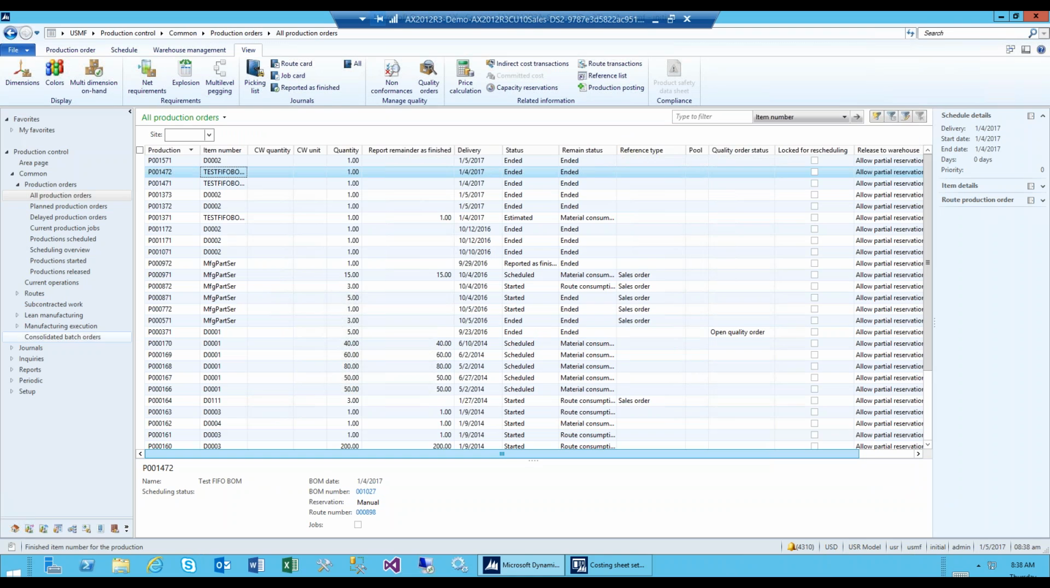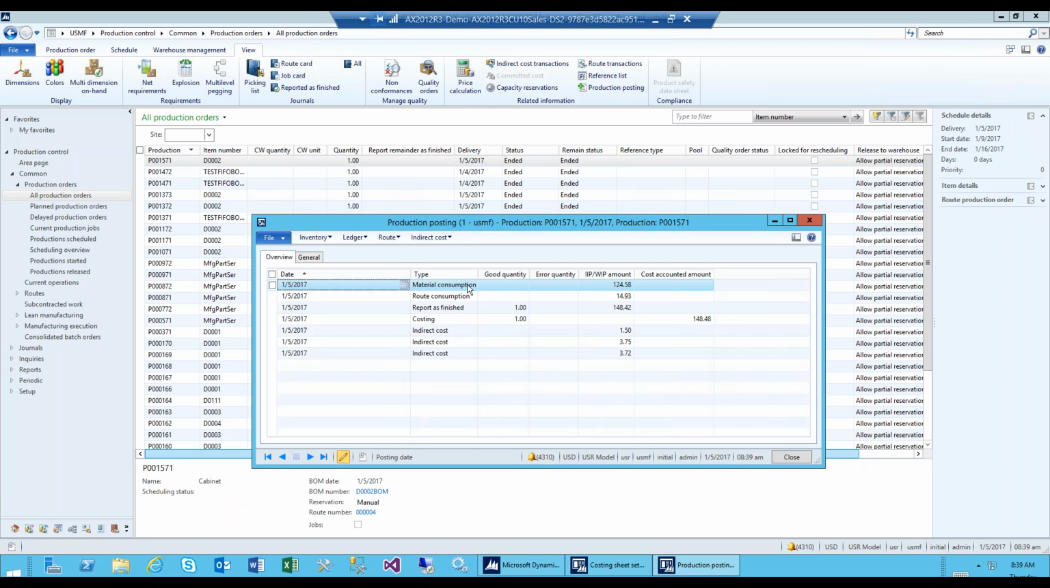Catherine? Yes. We had a question a few minutes ago. I didn't want to interrupt you, but the question from Kelly is, what would cause two materials consumption lines to appear in production posting? Two materials consumption. So if I go into production posting here and I've got two material consumption lines,